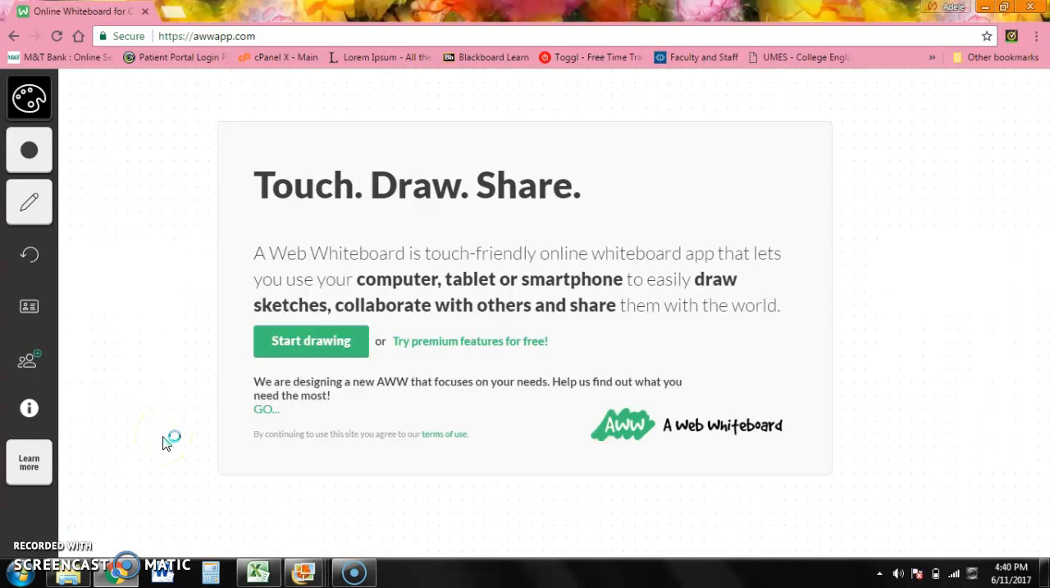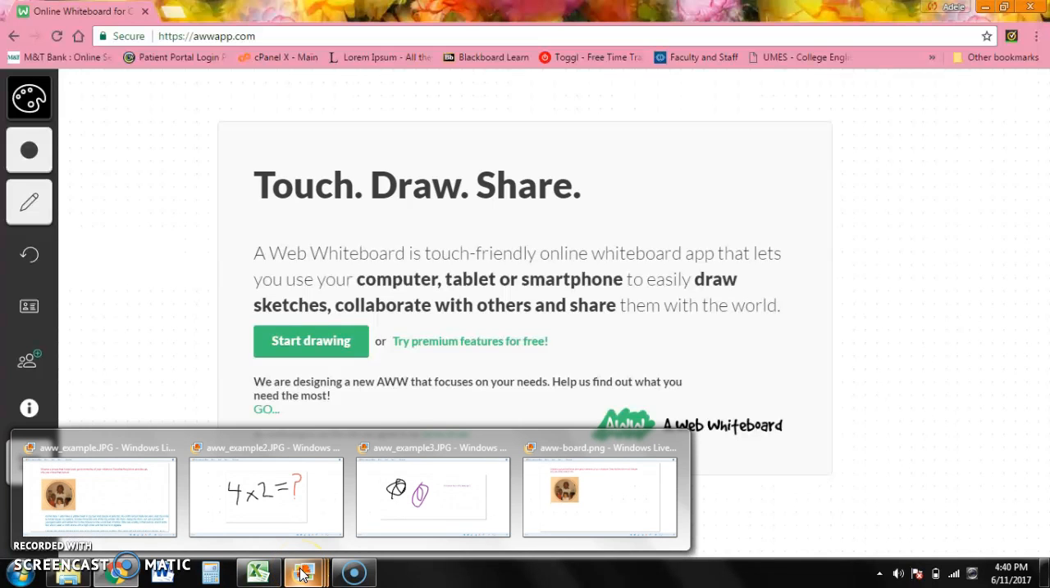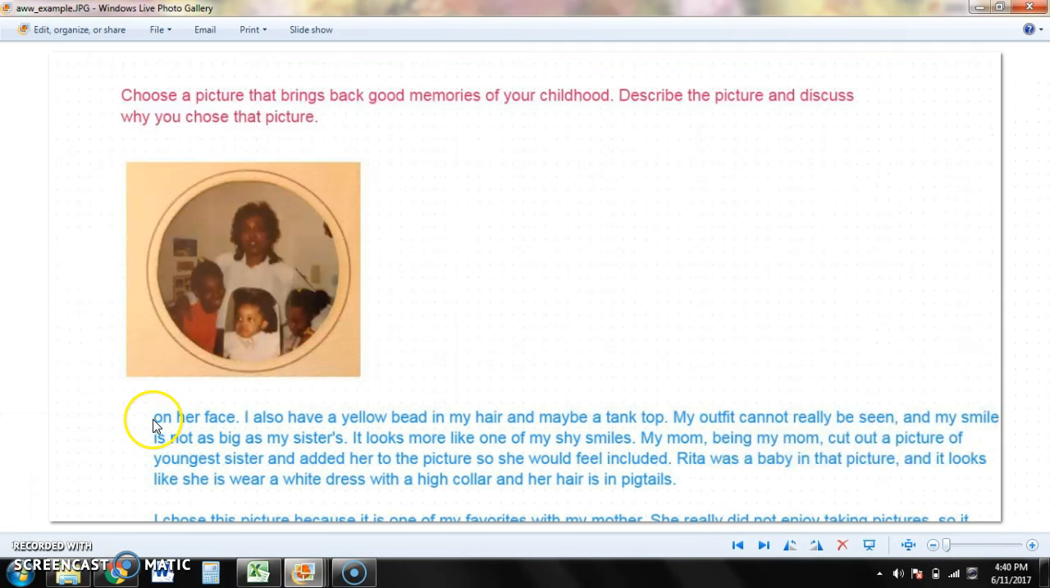This tool is called AWW, short for A Web Whiteboard. It's like the smart boards that you find in the classrooms. An example of what you can do with this tool is, here's one example where I chose a picture, and